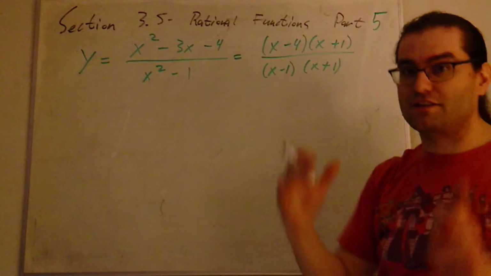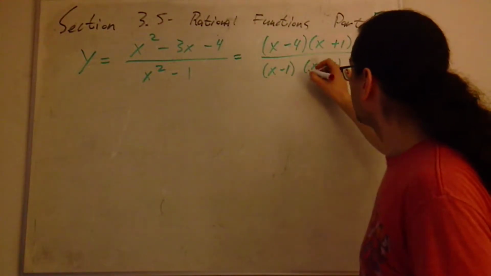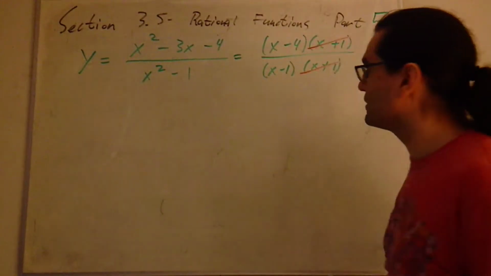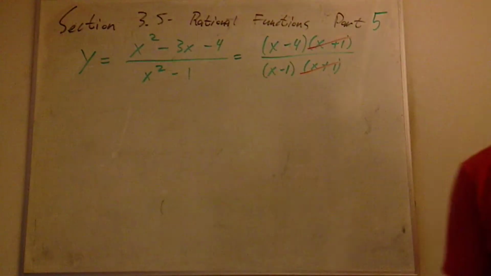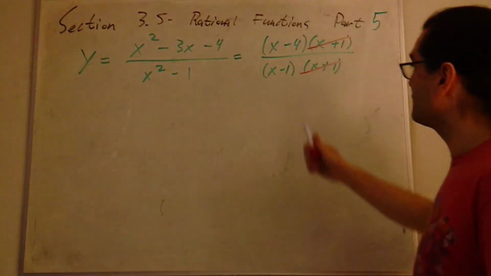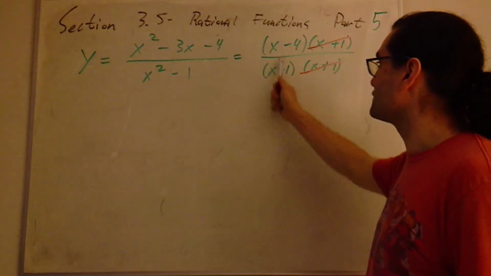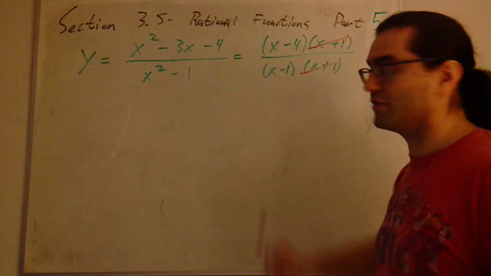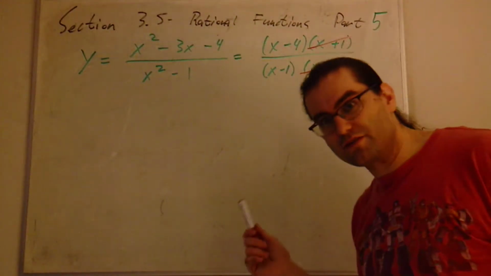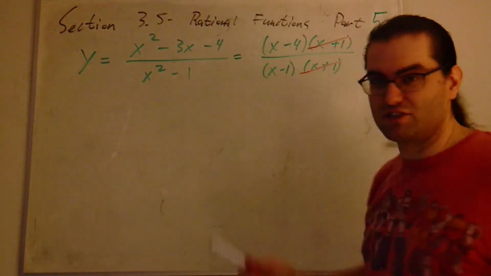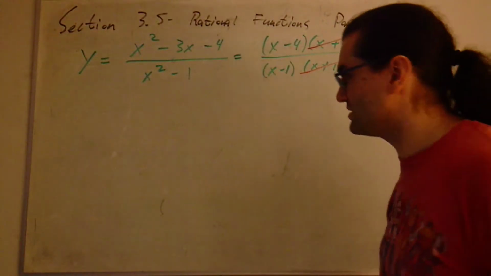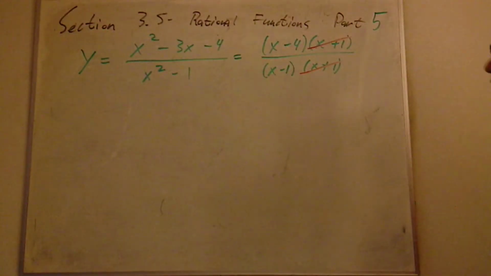Entire factors can cancel. And these entire factors match. This x plus 1 and this x plus 1, those match. So we can cancel those out, and then we're left with a very simple, extremely nice, extremely easy looking x minus 4 over x minus 1. Kind of like the first example we did, where it's just a linear thing over a linear thing. Nice and straightforward. Except